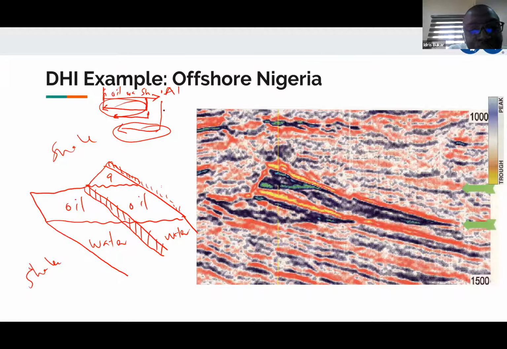Another thing that would prove that is that up here, we're also going from shale to oil. But because it's this shale that I say should be of a lower AI than the oil, you see the bright spot is not very bright, okay? So it's all very, very relative, so you have to learn to look at it in a relative sense. That you see a very bright reflector, a bright event, or dim event, whatever it is, on a seismic section, is telling you something about both the top layer and the bottom layer.